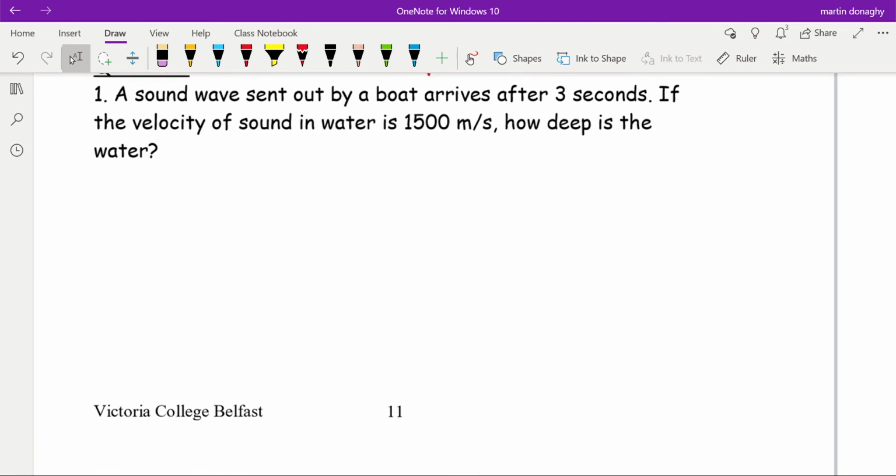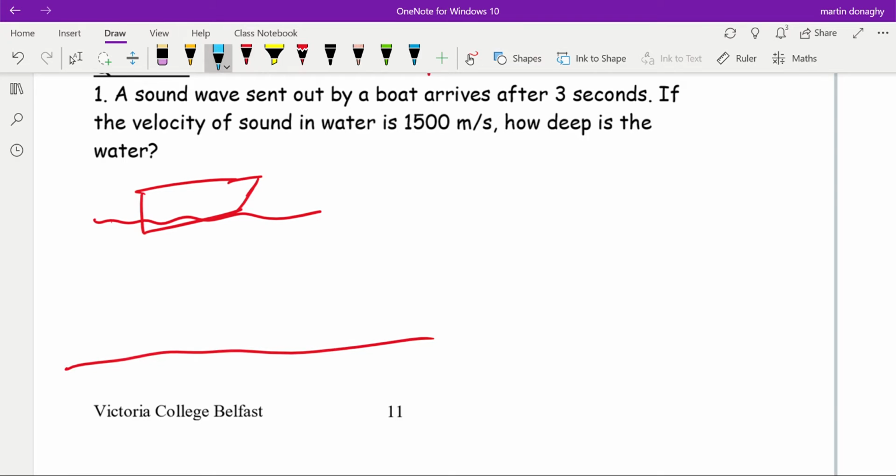Okay, let's look at some of these questions. Like I say, best thing to do is draw a little diagram. So there's our little boat, there's the water, there's the bottom of the ocean, and the sound waves released by the boat